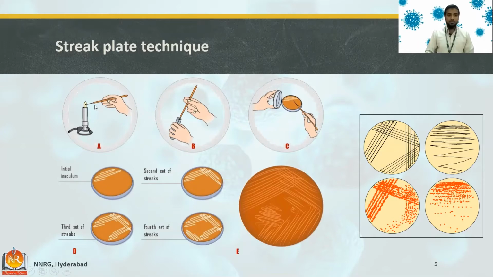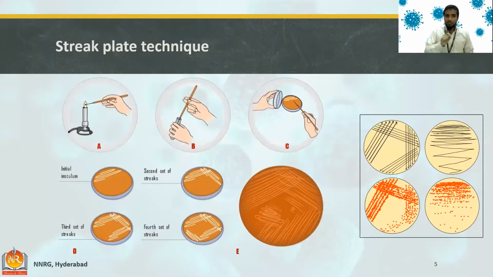Okay, they will first heat the needle or the inoculating rod and dip it into the solution having bacteria. So they'll take a sample. It can be either a soil. They'll take a small amount of soil and add it in the water and mix properly, and that will be a solution of bacteria or bacterial suspension, because soil also contains bacteria, right? So the soil solution can be used as a bacterial solution, and the rod will be dipped into the bacterial solution, taken out, and